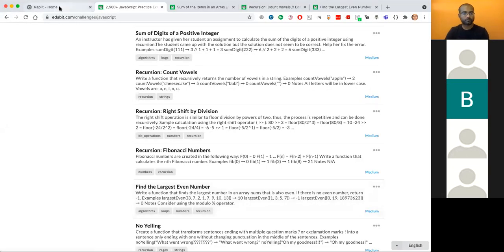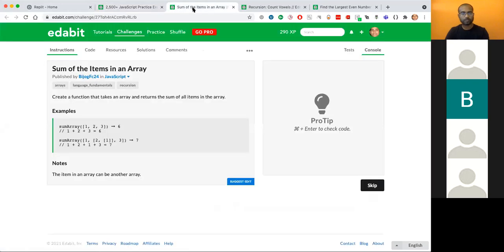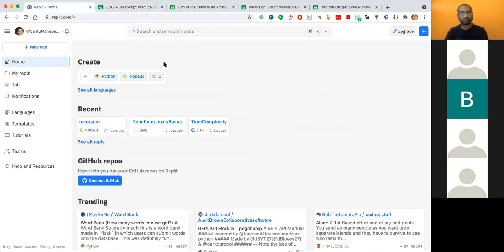Okay, so I will pick some problems from Edabit and then try to solve them in the Replit editor.